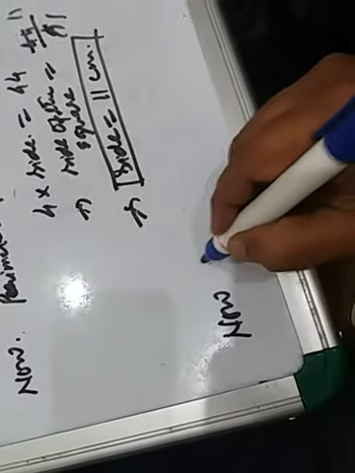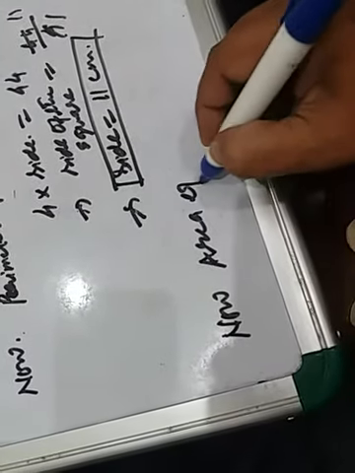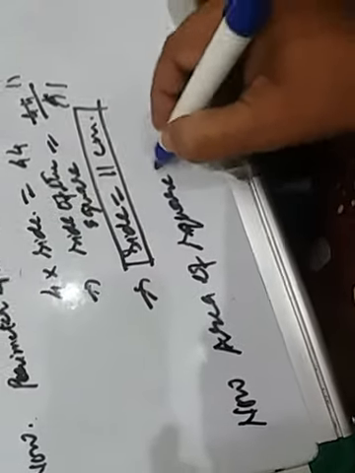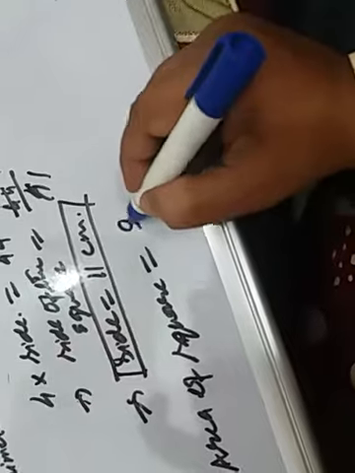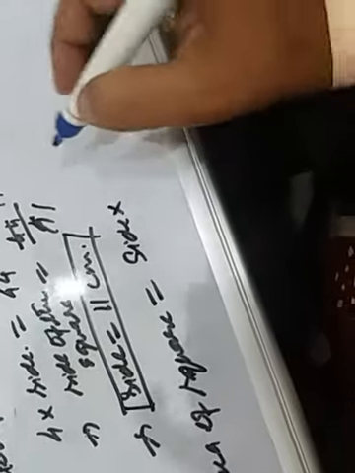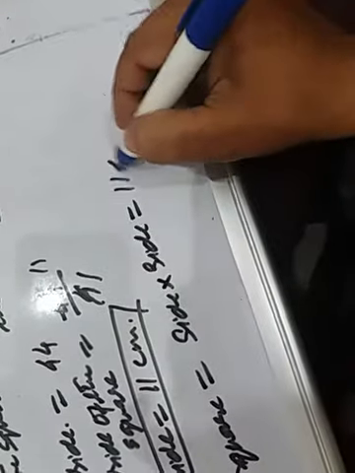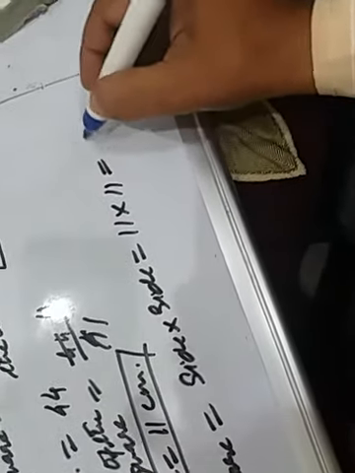Now, what else do we have to find out? What will be the length of each of its sides? Which figure encloses more area? Means area of the square also now. Area of the square. What is the formula? Area of the square equal to side into side, that is side square. 11 into 11, 11 elevens are 121 square centimeter.